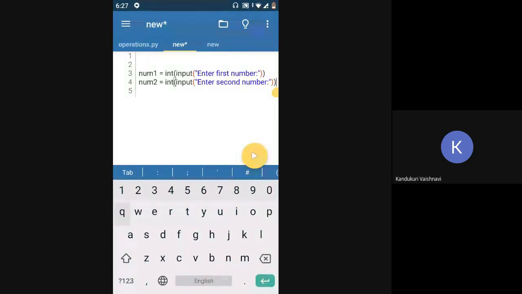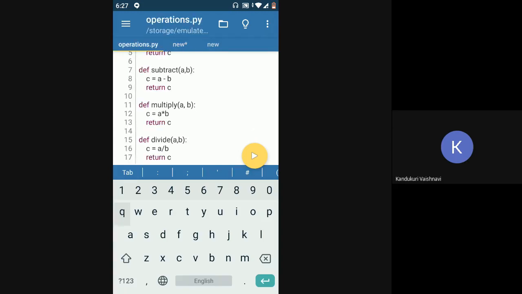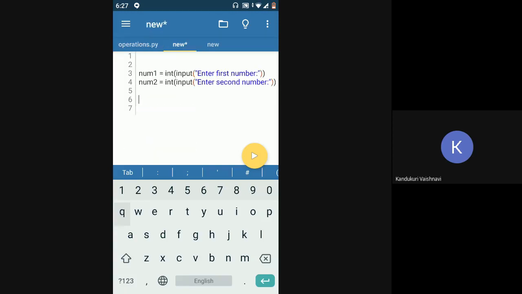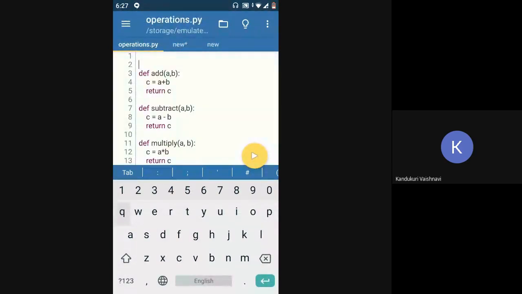So now after taking two numbers, let me try to add those two numbers without writing a function. Before doing that, if I'm planning to reuse this operations file, I need to make sure that I'm able to navigate to the operations file from my new file, which means my new file should be able to find the part2 operations.py file. That is required because I'm using the functions of this file. So the compiler should know where this file is present. If the compiler doesn't know where this file is present, even if you give the name of the file, it won't be able to find it.